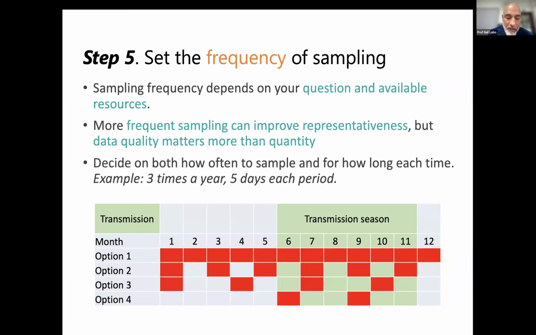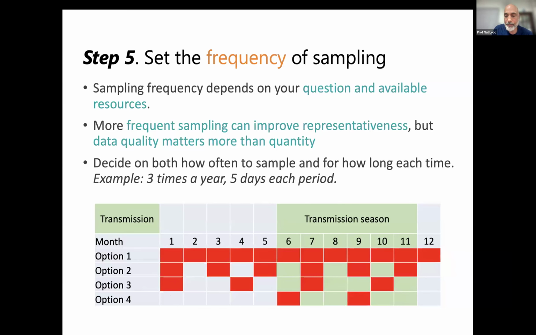Let's say we don't have enough money. We can go back every 2 months as option two, or every 3 months as option three. Or let's say we don't have any money at all, or our question is, what are the vectors present, or our question is related to the transmission season. We can do option four, which is month 6 and 9. And of course, this is just an example. And understanding what your question is and what's relevant to your site will tell you the ideal frequency